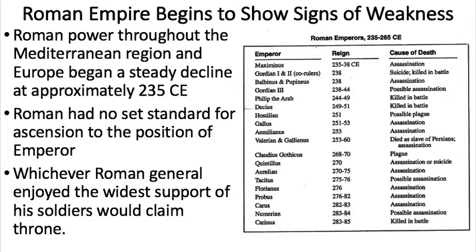So whichever Roman general was the most popular with his soldiers, and remember, there were many different Roman armies within the Roman army, they would claim the throne. Well, another Roman general would say, well, no, I claim the throne. And then another one would say, no, I claim the throne. If you look here, this shows that from 235 to 285, there were over 20 different emperors in that short span of time. And if you look, assassination,